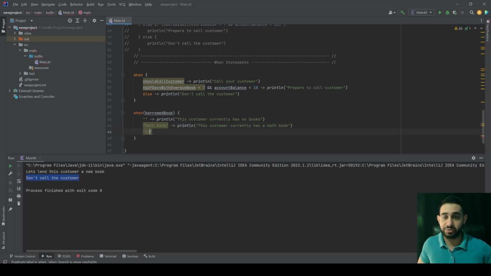Same thing goes for science book: print line, this customer currently has a science book. And if none of these three conditions are true, we need to write an else statement. So we write else,